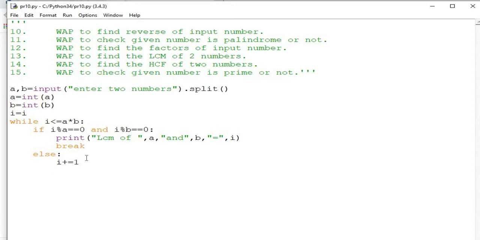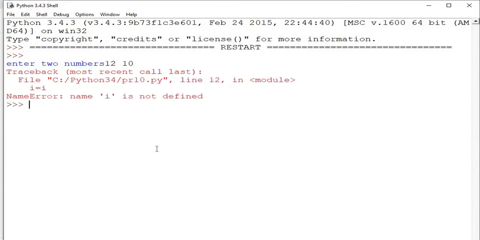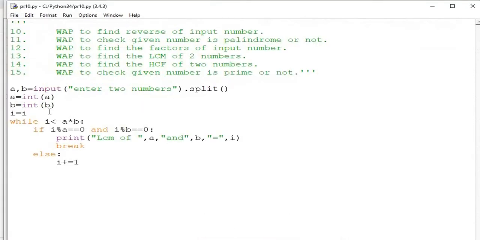Now save your program. Let's check. Enter two numbers like 12 and 10. So guess what will be the LCM? Obviously I equals 1. It will be 1.